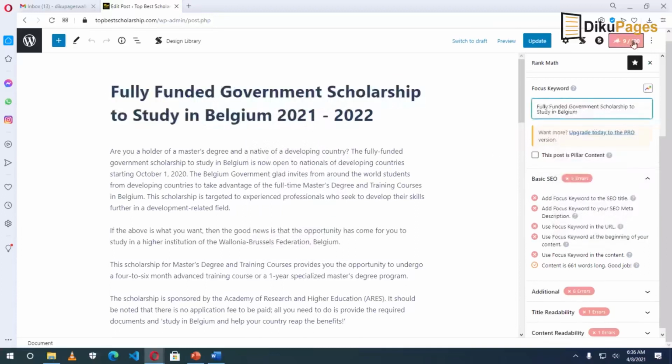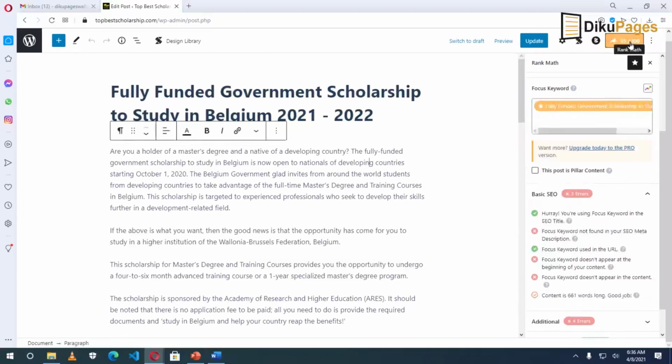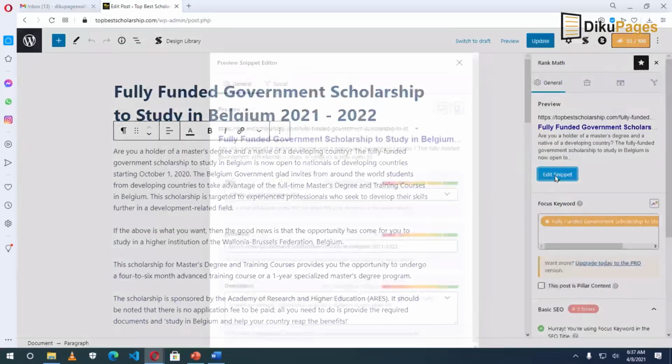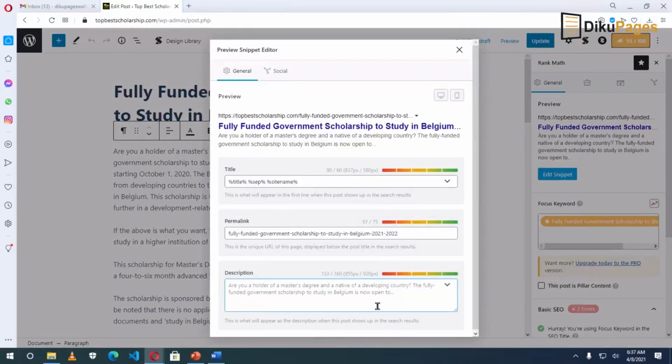After pasting, our ranking will improve a bit. We have gotten 55. That's okay. Now focus keyword not found in your SEO meta description. This way we can work with the meta description. So I click on edit snippet. Okay, the fully funded government scholarship to study in Belgium is now open. Okay, I'll close it up,